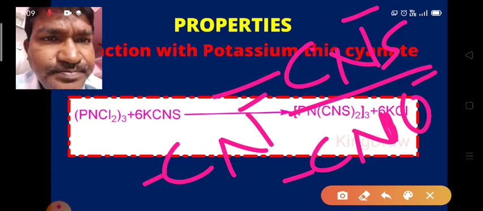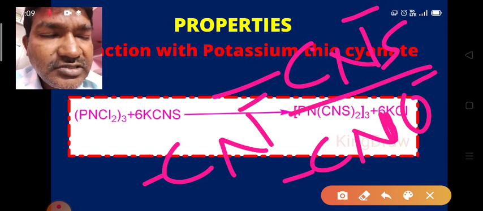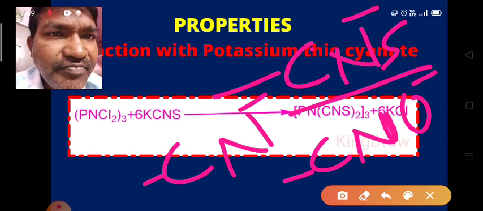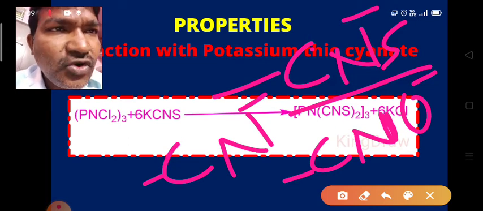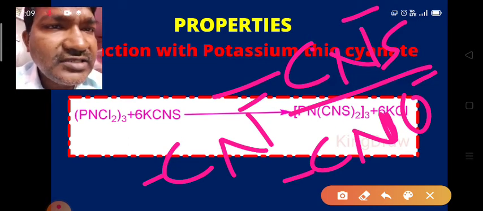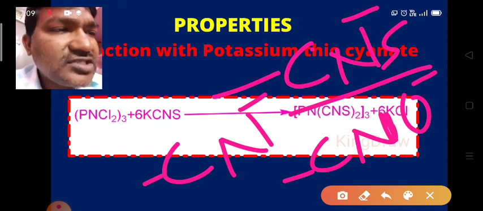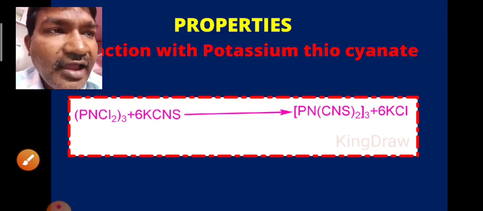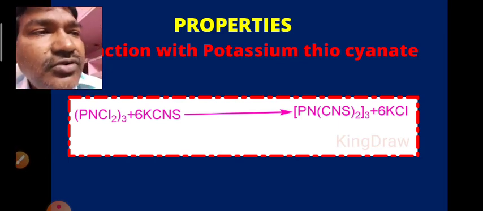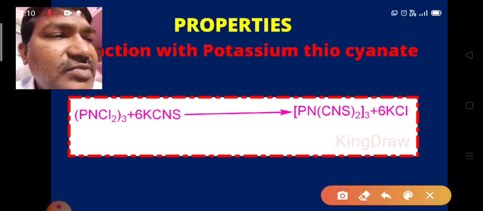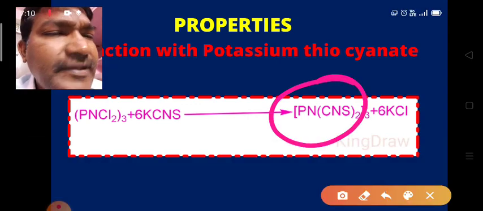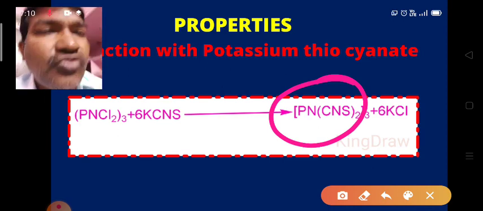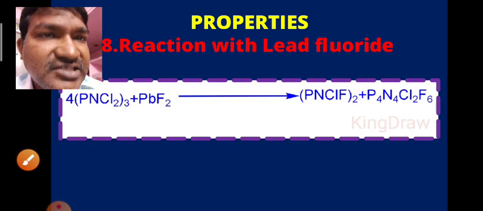So when these trimers and these phosphazenes are treated with potassium thiocyanate, the thiocyanate is very much similar to a halide. That's why these are known as pseudo halides. As a result, what happens? Chlorides are substituted with the thiocyanate anions. We have to remember that this reaction can be easily written because it is simply the replacement of the chloride ions. Okay, so we can easily write this reaction.